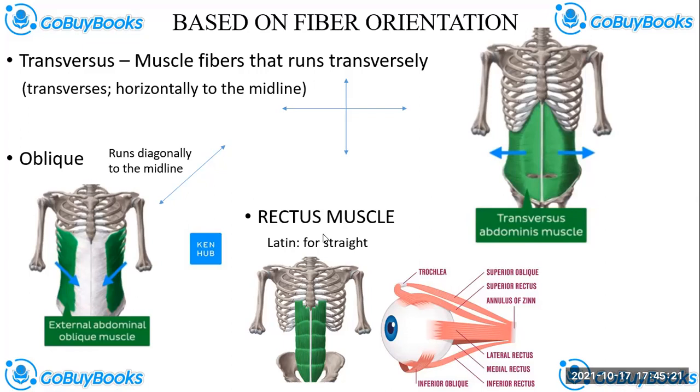Then I'll try to use this picture too to give a little bit of explanation about it. Then we have rectus. Rectus is the Latin word for straight. Rectus abdominis, when you are doing abdomen, you would appreciate this very well. Then having this background will give you a little bit of understanding. The rectus muscles, they run straight.